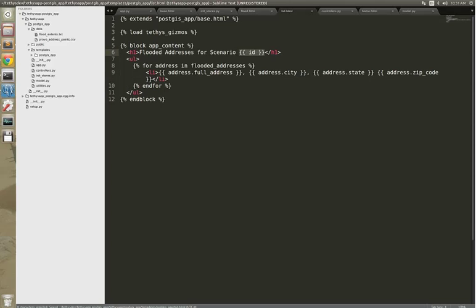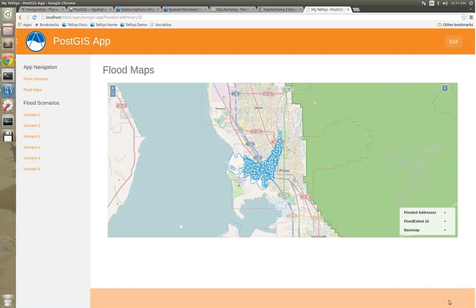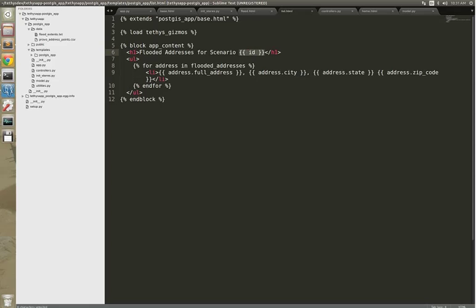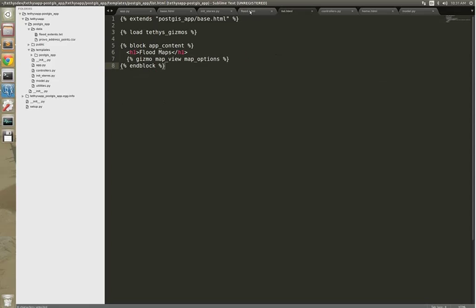Okay, and then on the flood map on this page, I'm just going to create a link here in my app actions to show the list. So I pull up a scenario and I want to see the list of the addresses. I just click on that link. So I'll go back to my flood.html,